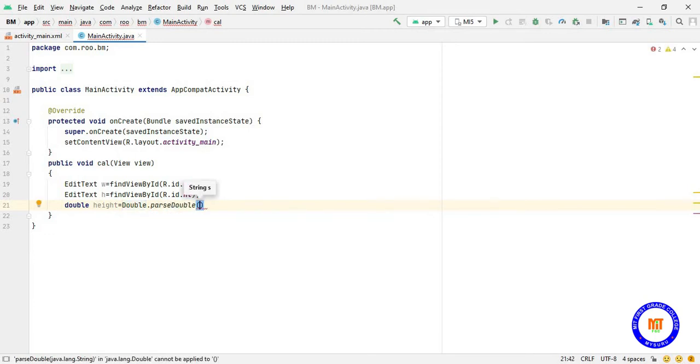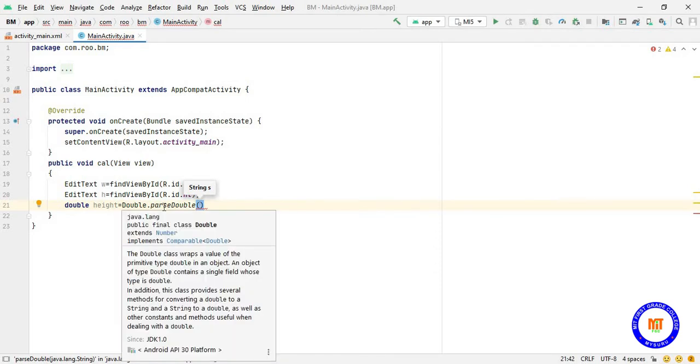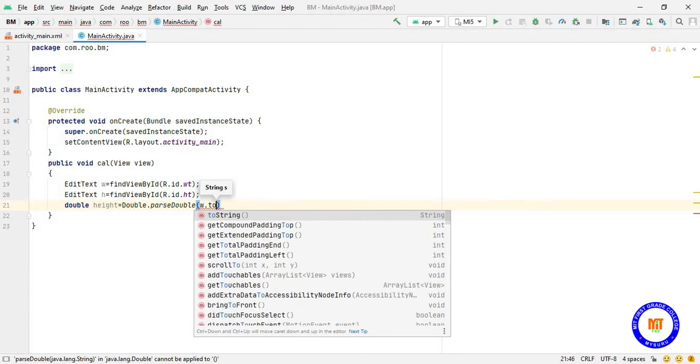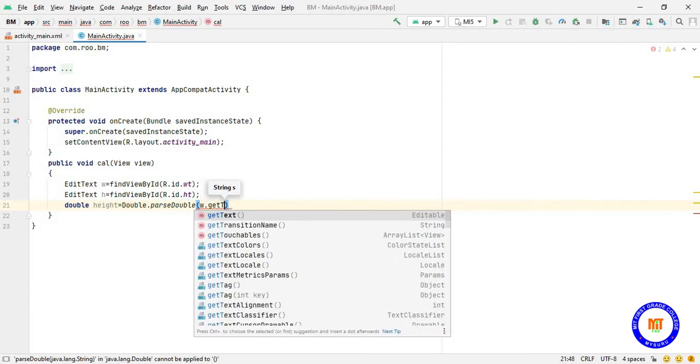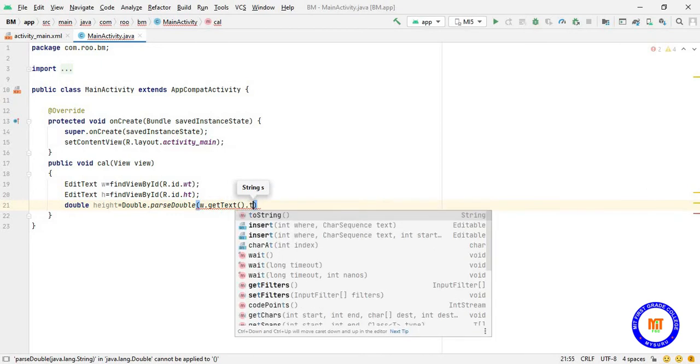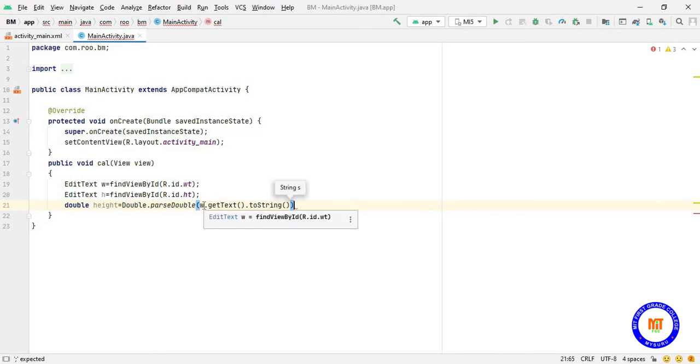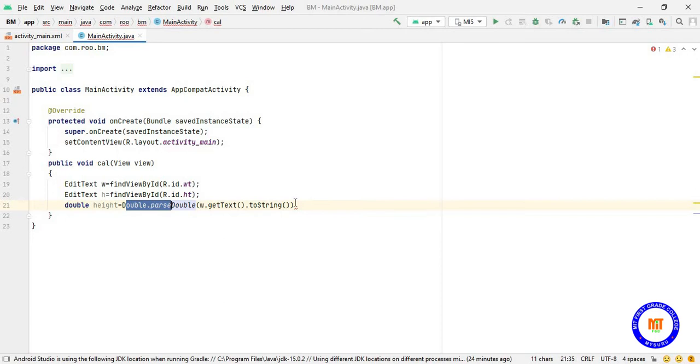This function is required to convert the string to the double format. w.getText().toString(). So here first we'll be taking the text from the variable w and converting that to a string. Then it will be converted to the double using this function.